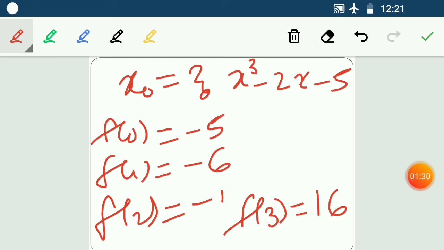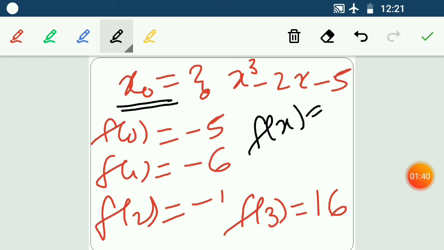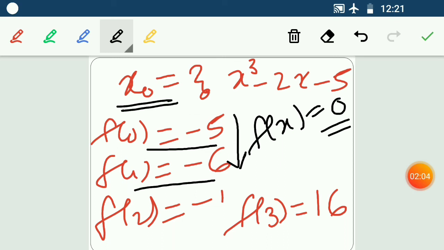So we can see, I have to find an approximated root that is named x naught. Approximated root means it should be near to the value 0 of f of x. When f of x equals 0, we call it the root of this equation. So if we have to find x naught, then f should be near to 0. In my first check I got the value minus 5 and in the second I got minus 6. So we can see this is going farther from 0, so it should not be chosen. And in the next value I got minus 1.